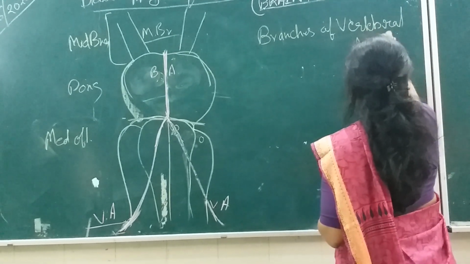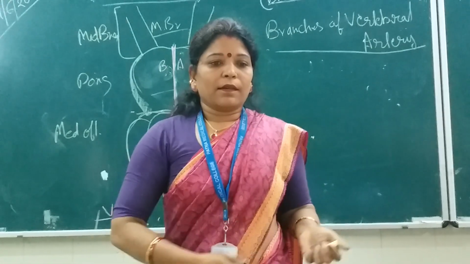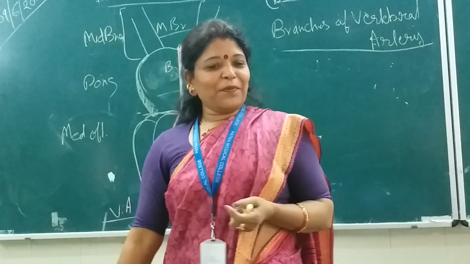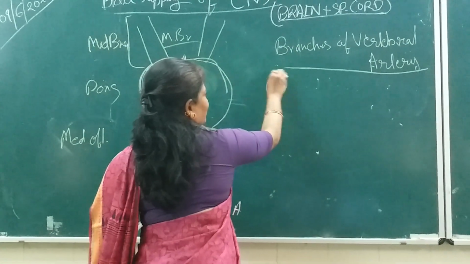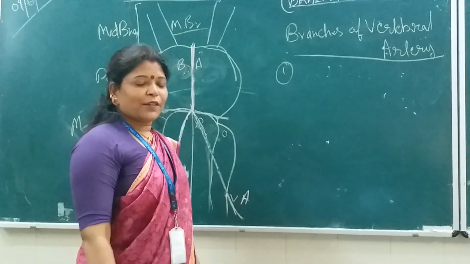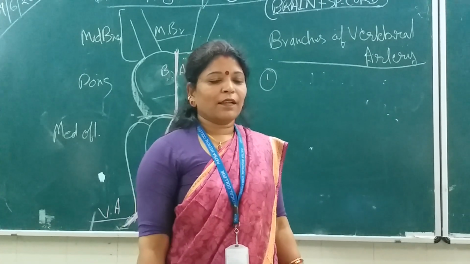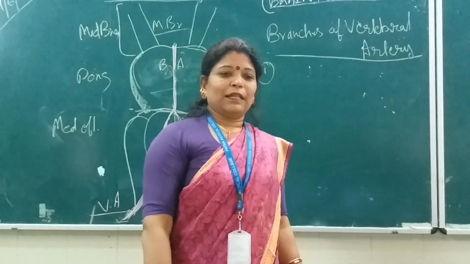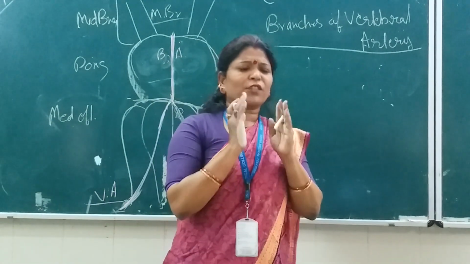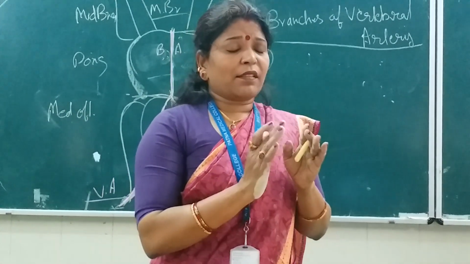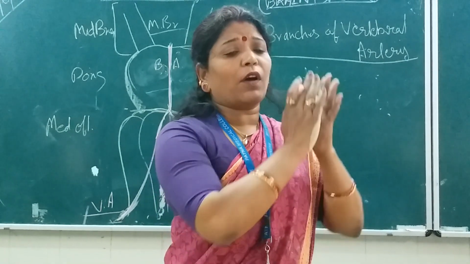Anyone? How many branches of the vertebral arteries are there? 5. 5 branches. Yes, very good. One by one, tell me. Anterior? Anterior inferior cerebellar artery? No. You think, you think for a short time. You just think. The vertebral artery is going from the vertebral canal of the cervical vertebral column upwards,